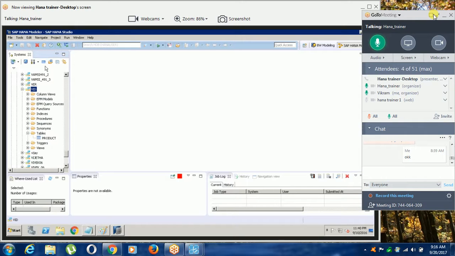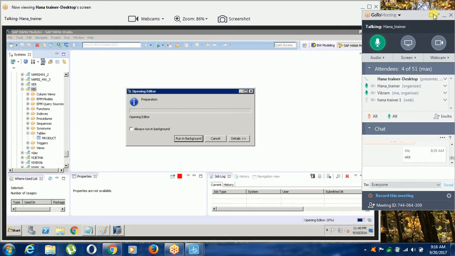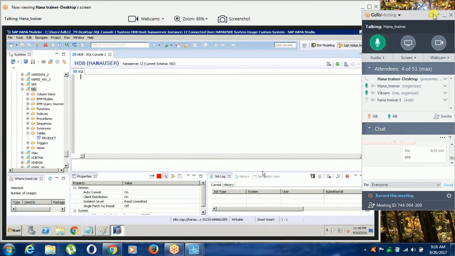The best way is to open the SQL console, select star from vid, select it, execute. Sorry, the name of the table is product.